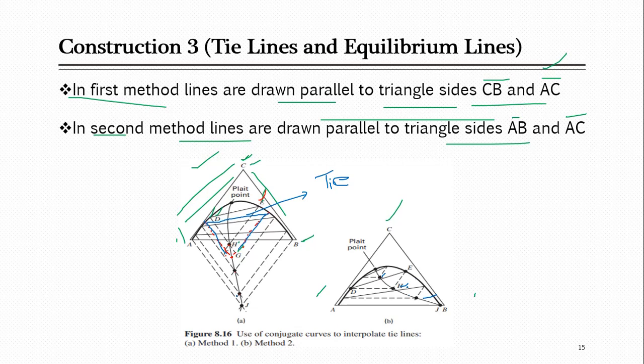So this is the way in which you can interpolate the tie lines inside other tie lines. By using already available tie lines we have deduced a curve, and by using that curve you can reverse it, go back to the same phenomena, and get extra tie lines. So this is how it works. Sometimes you need to draw these tie lines, and if they are already sufficient, there is no need to do it again, but if you have to draw, this is the way.